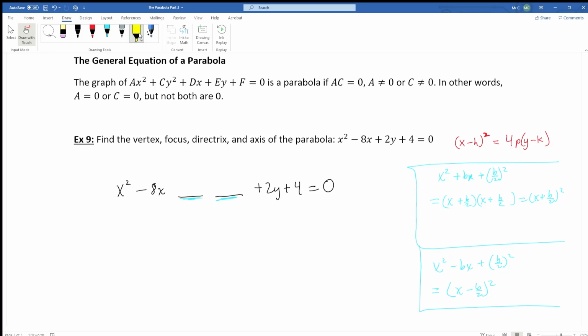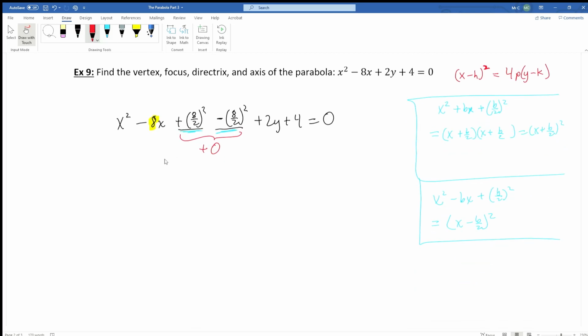So what we're going to do is look at our value for b here, which was 8. We're going to divide it by 2, and we're going to square it. So plus 8 over 2 squared. But if we add it, we need to not actually change the value of the equation, so we have to subtract the same thing. Altogether, what have we done? We've added 0. We haven't changed the equation at all, but what we have done is changed how the equation is written. So this gives me x squared minus 8x plus 4 squared, that's 16, minus 16 plus 2y plus